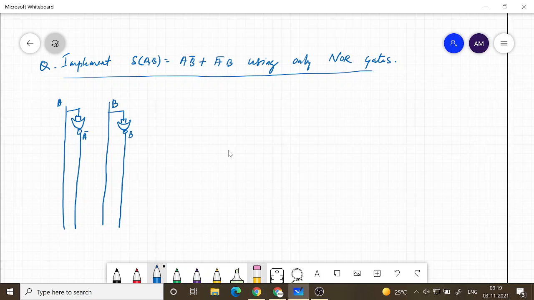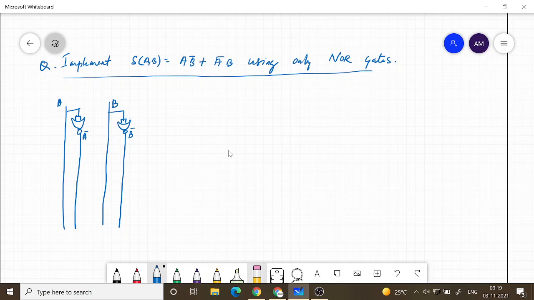So wherever I need to use a NOT gate, I have replaced it already with the NOR gate implementation of NOT gate. Now the next step is implementing the AND operation.